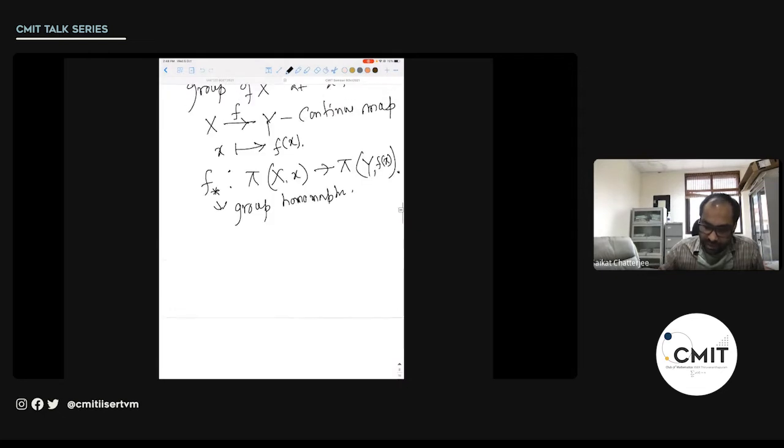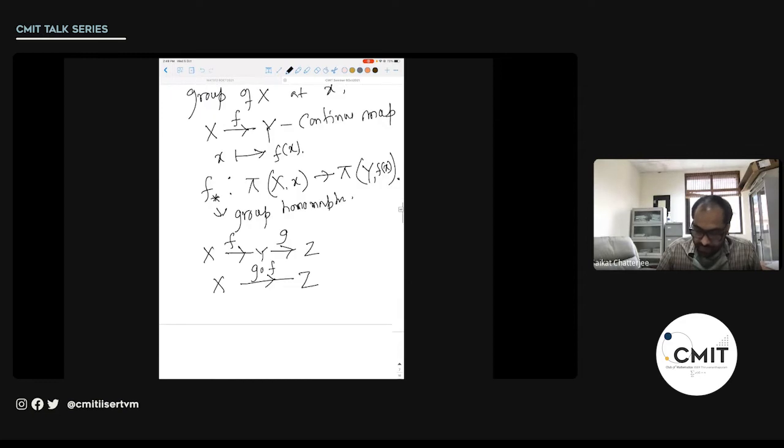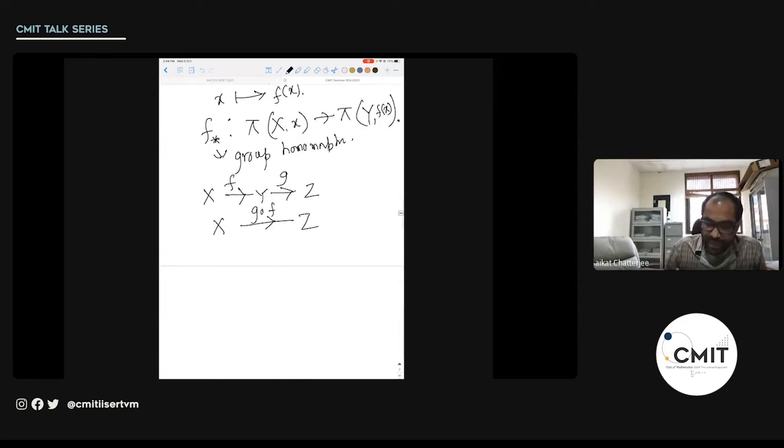So by that I mean that if you have, let's say, X to Y and Y to Z, suppose this is f and this is g, so you can compose these two continuous maps and get a composition X to Z, g compose f. So that means, first of all, we are basically talking about the category of topological spaces, right? So here objects are topological spaces and arrows or morphisms are continuous maps between them. Similarly, if you go to a higher level like smooth manifolds, you can talk about the smooth maps and so on. So now you have this composite from X to Z, and this induced homomorphism actually satisfies this